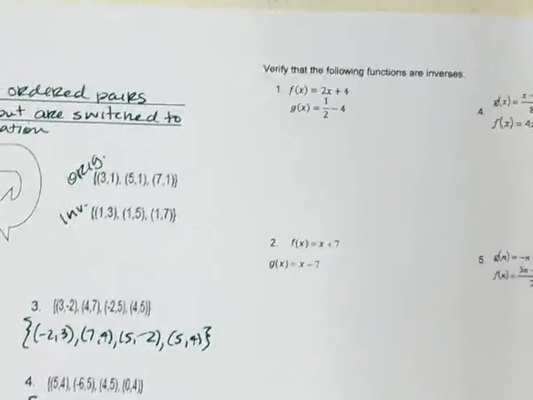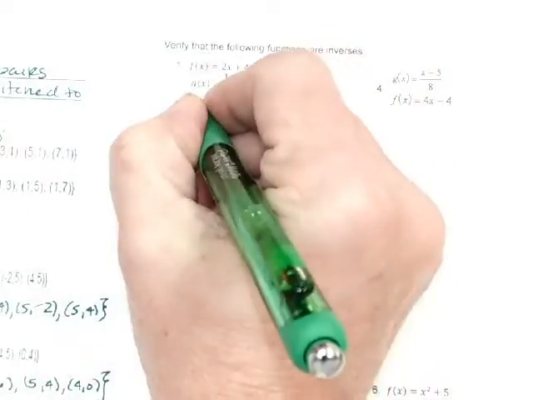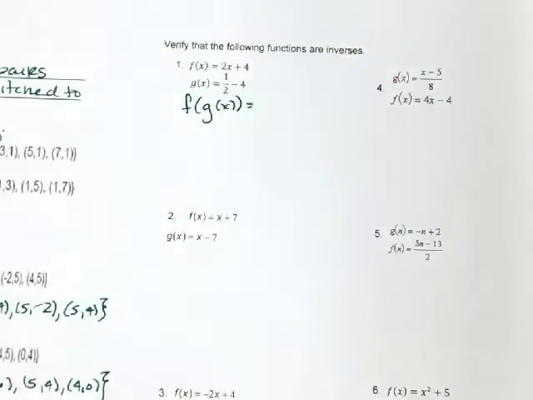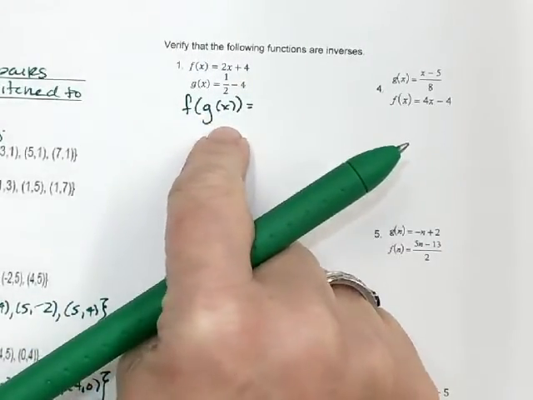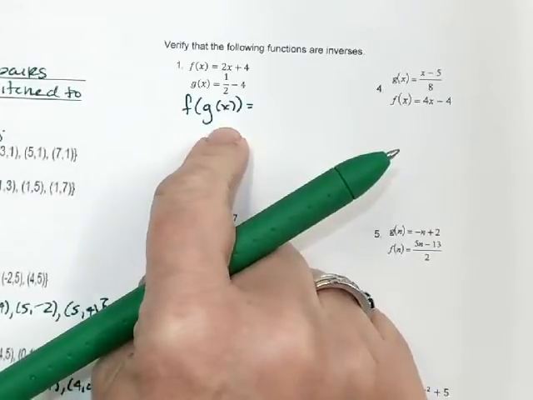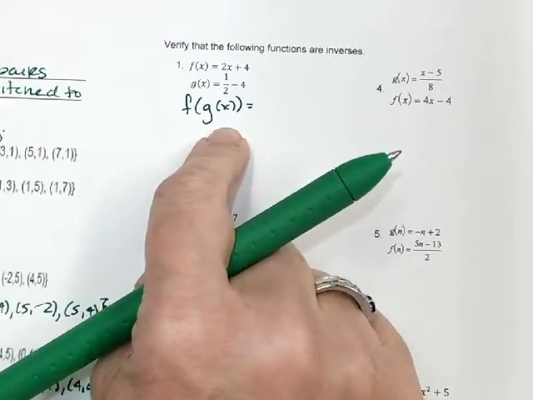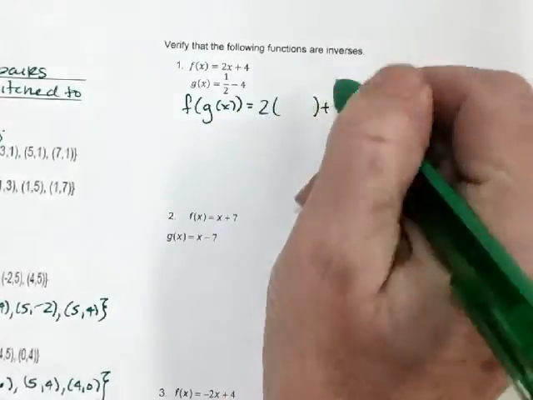So let's look at these examples on this side. If I do f of g, and here's the thing about this. When you do f of g of x, if you don't get x for your final answer when you do your order of operations and you simplify it, you don't have to do the other composition because it doesn't matter. If I do f composed with g and it equals x, then I need to do g composed with f. If it does not equal x, then I'm finished. They are not inverses. So f of x is 2x plus 4, and we're going to plug in,